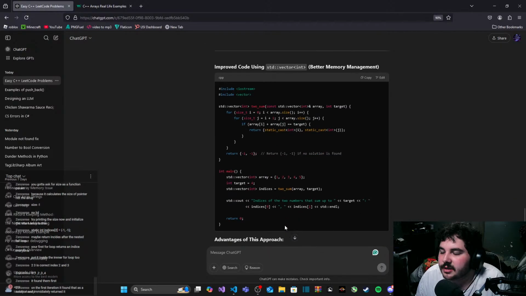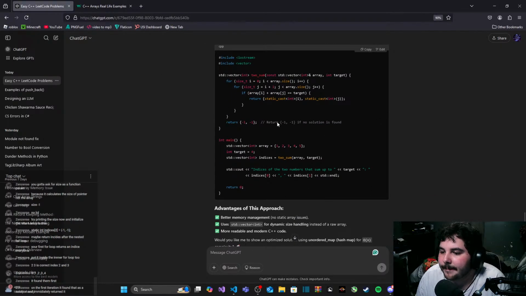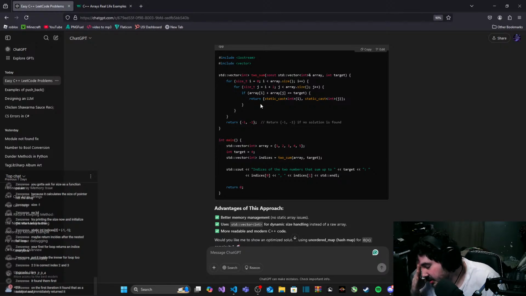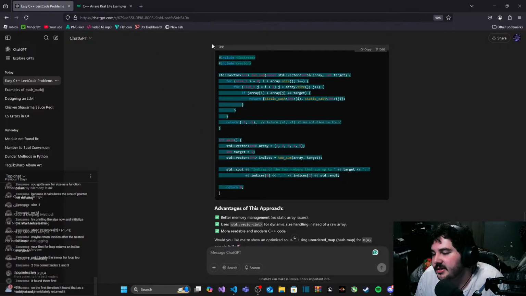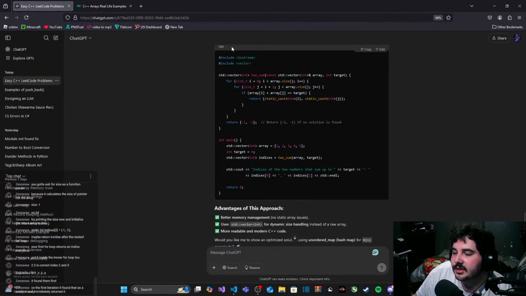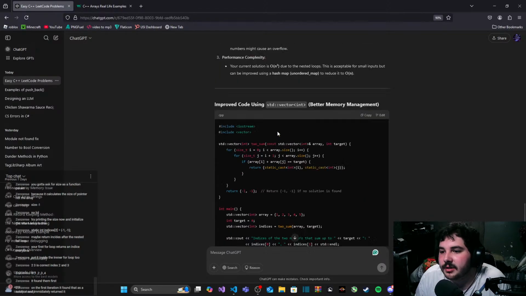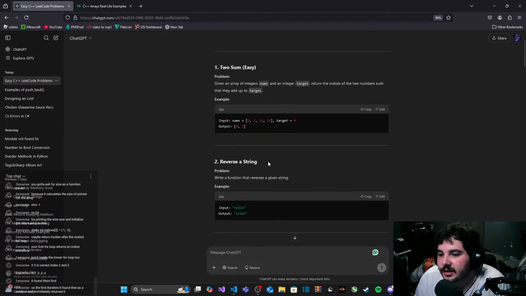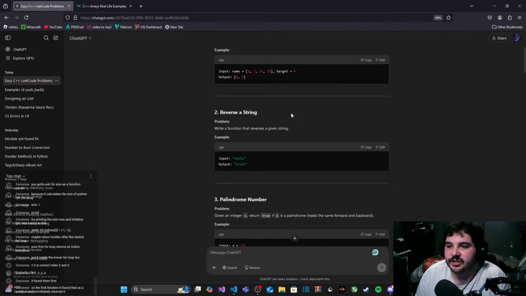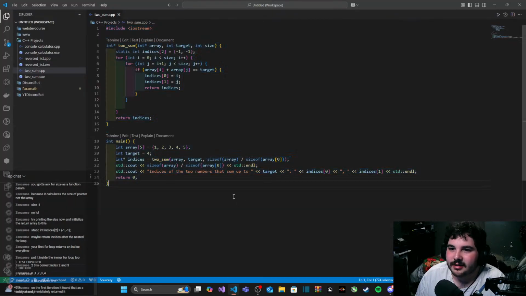Okay, so this sounds like more complicated ways of going about this. But I guess if I really cared about memory management at the moment, instead of just logic for now, then I would try and actually go this route. But I mean, hey, we solved it anyway. Time to reverse the string. That should be easy. So that's solved.